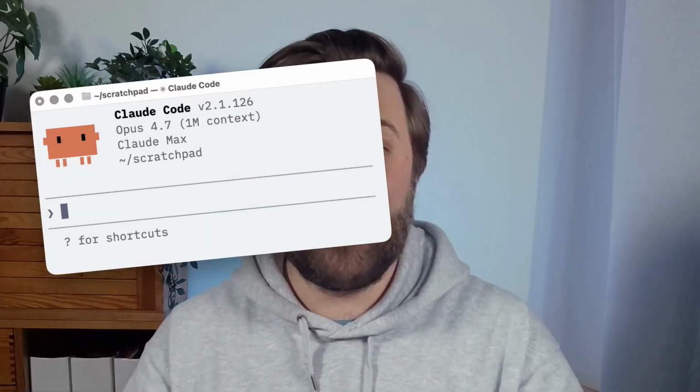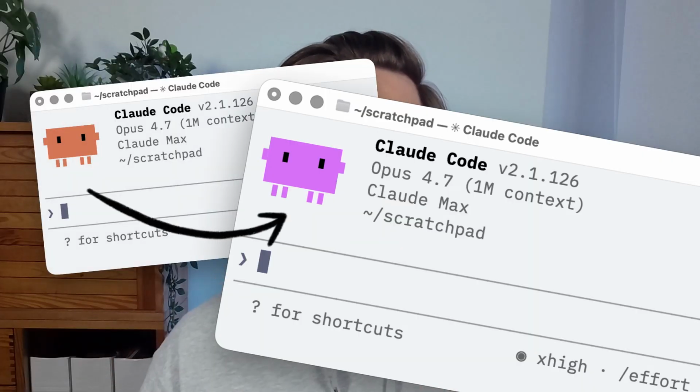Hi, I'm Philip Aksani, and I'm super excited to show you how you can customize your Claude Code mascot from looking like this to looking like this. It doesn't change anything with the Claude Code functionality, but I like that you can do little things like that in Claude Code. So let's hop over there and I will show you how you can make Claude Code your